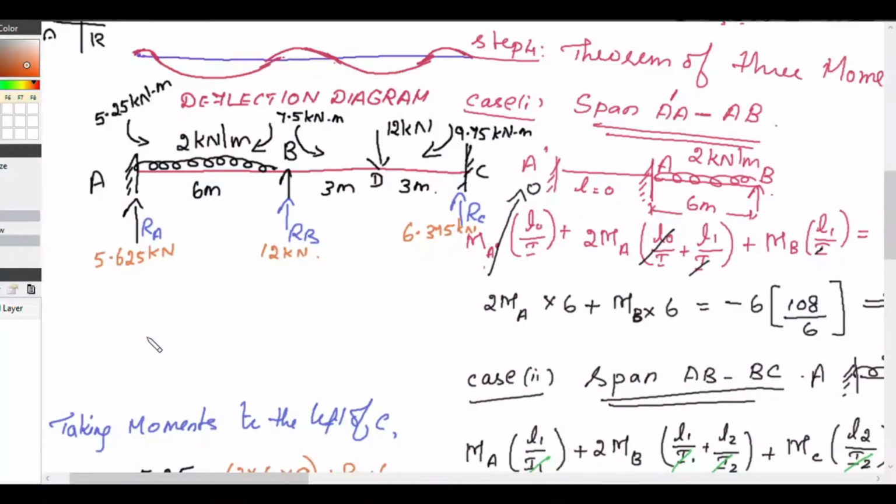Now we can draw the shear force diagram. So our shear force diagram is,